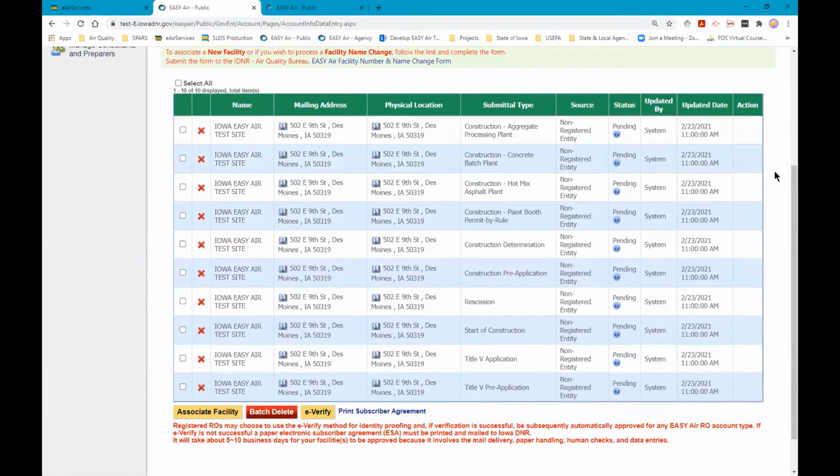Since we did the ESA version and not the e-verification system, we would get the ESA from the company, we would validate the user, then the DNR would come in here, select all of these, and